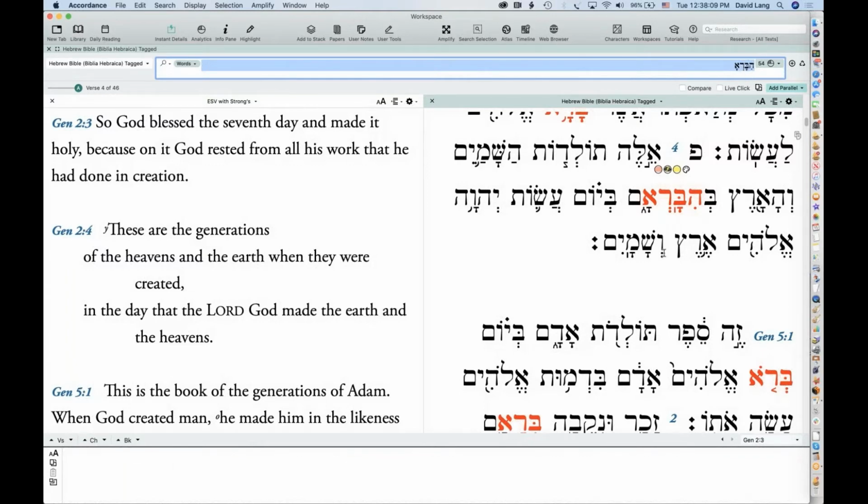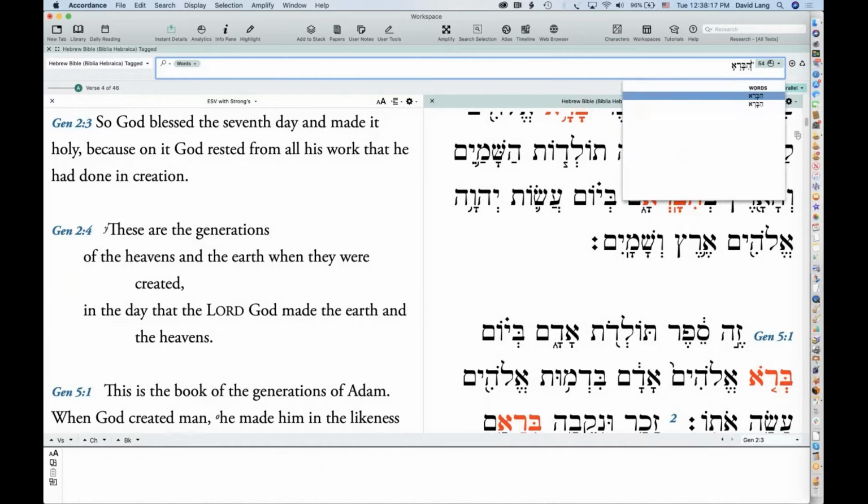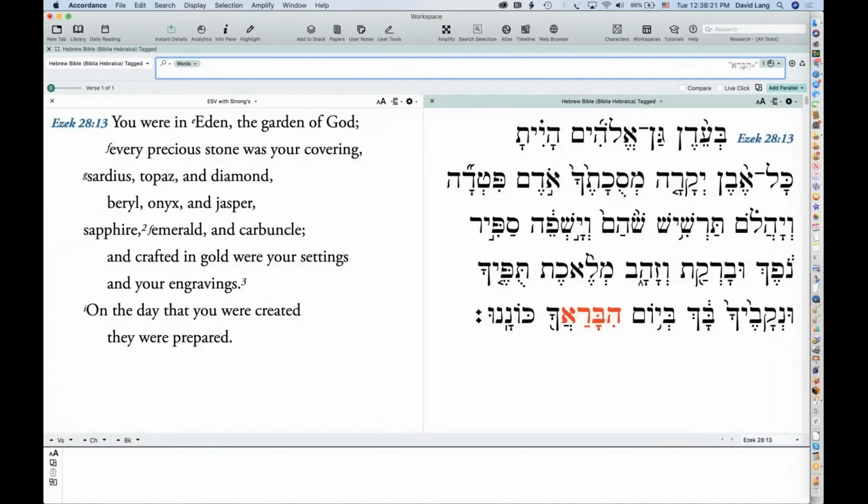So when I enter an inflected form, the form as it appears in the text, I have to indicate that by putting quotes around the word. And if I do that, now I get Hivra, and it's interesting. Oh, it's because it did the equal sign.